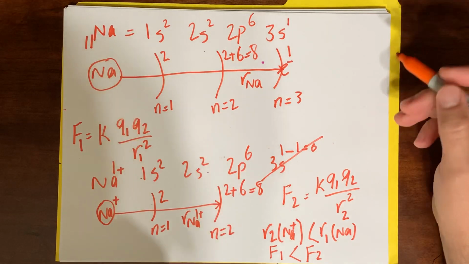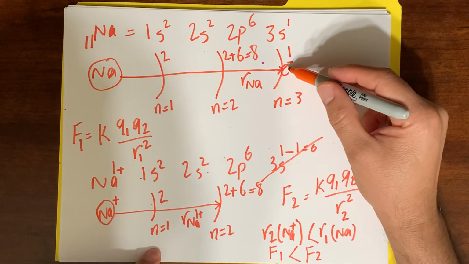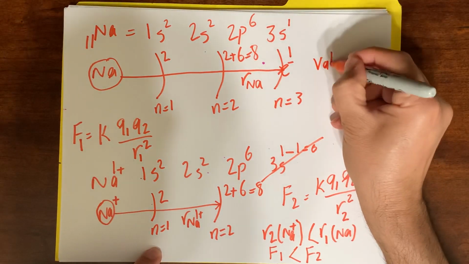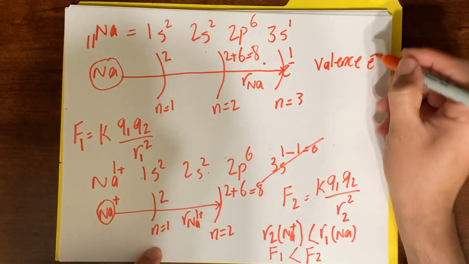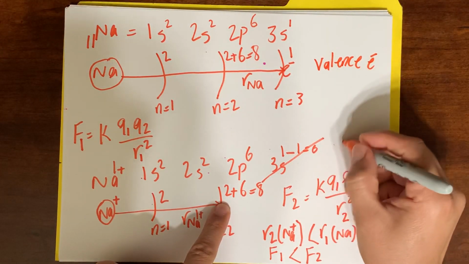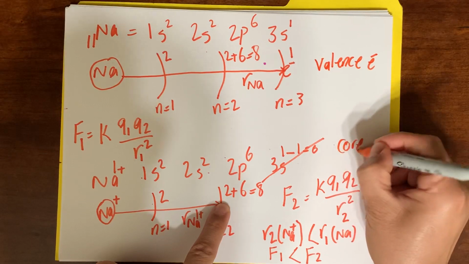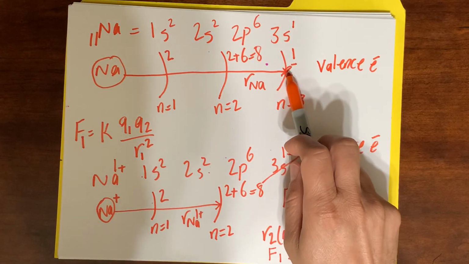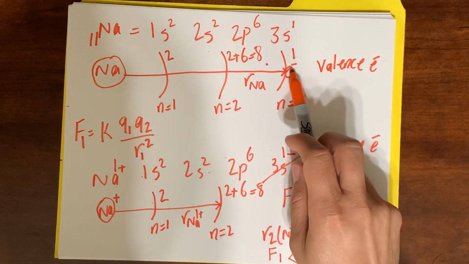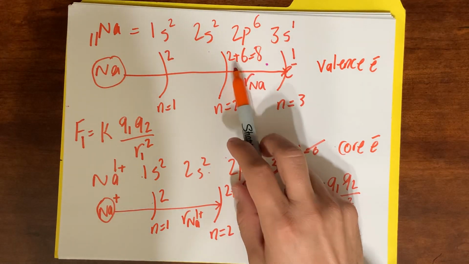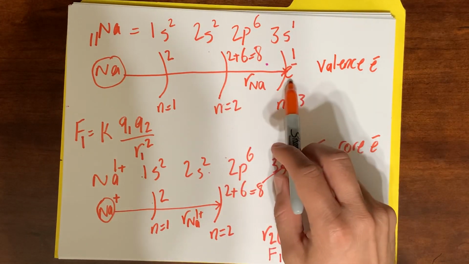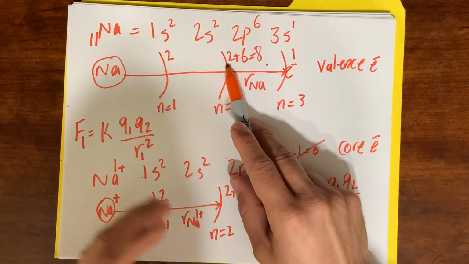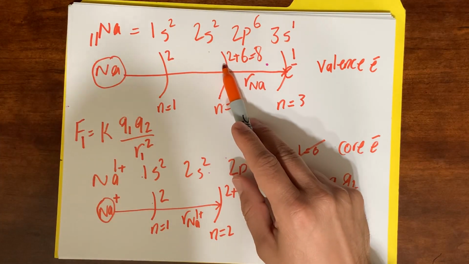Look at the first electron. The first electron that we took from the outer shell. Okay, we took it from valence electrons. But here we took the electron from a core electron. If you take the first electron, it's going to be from valence. But when you take the second electron, you have to move to the inner layer because the outer is gone. So you will be taking it from inner. And because you are taking it from an inner layer, which is closer to the nucleus, you will see a huge jump